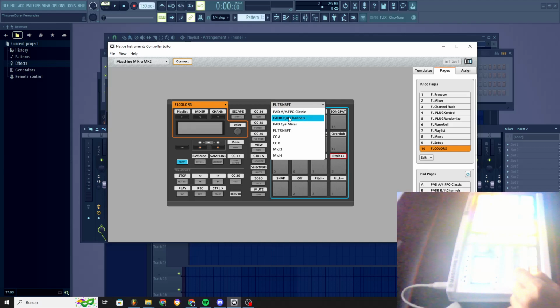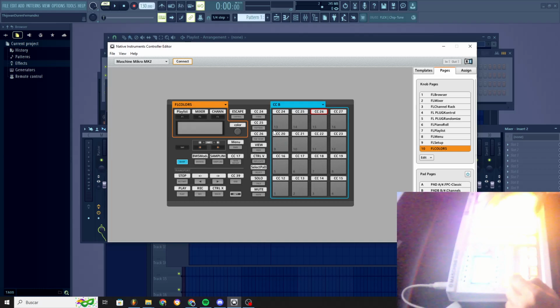So I showed pad A, pad B, pad C, FL Transport. This one is CC controls to toggle on and off. You have 16 here in the A section. In B you have another 16, so you have 32 switches for on and off. In the future I'm planning to remove one and put a step sequencer instead. So I want to change this to a step sequencer, and that will be on version 2 of this